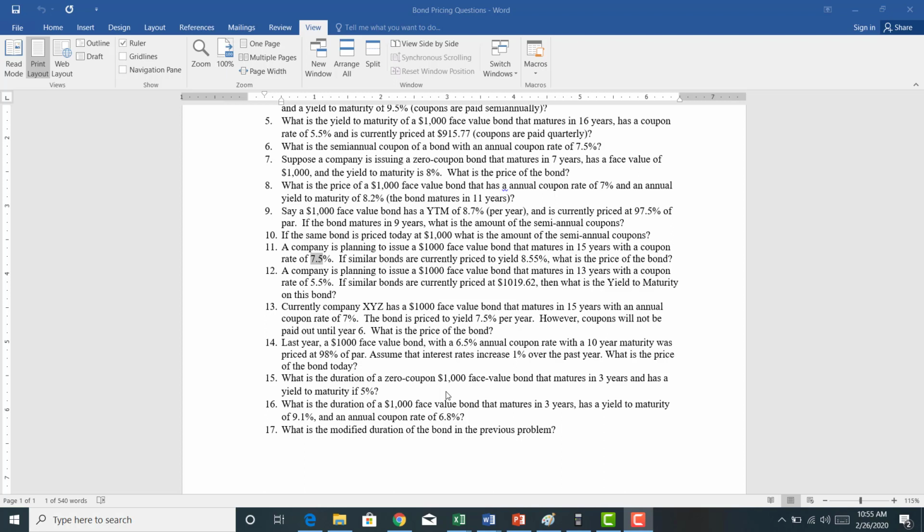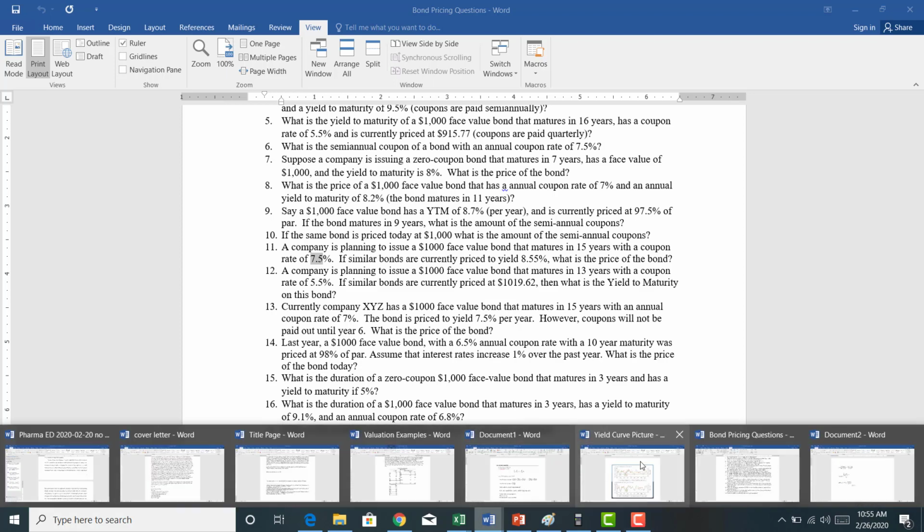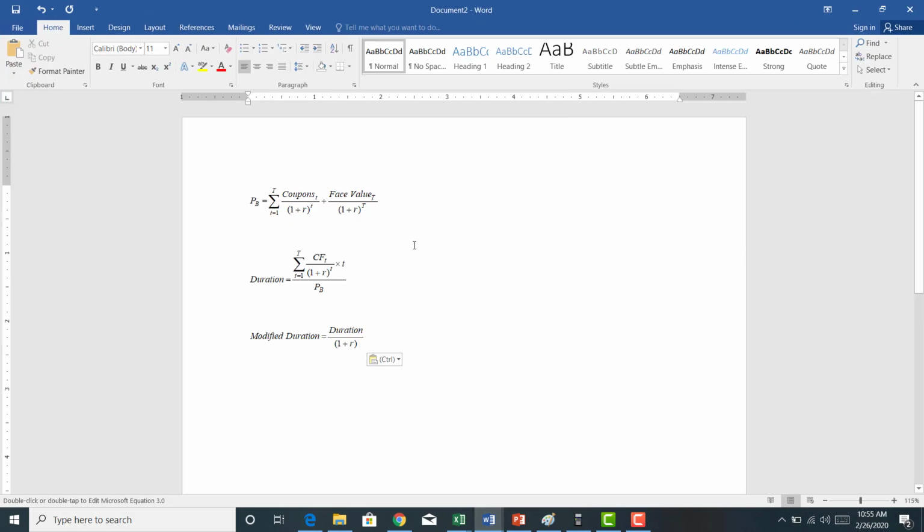Now, in the previous video, in problem 14, we made the assumption that we bought a bond last year, and over a year's period, the interest rates have increased. We've talked about in class that the yield to maturity, the bond yield, and the bond price are inversely related. If R goes up, bond prices have to go down. Now, duration basically measures the magnitude of that inverse relationship, and